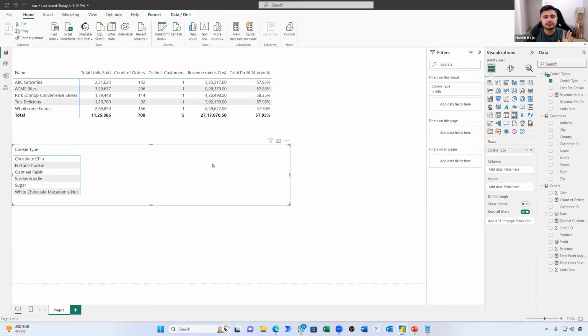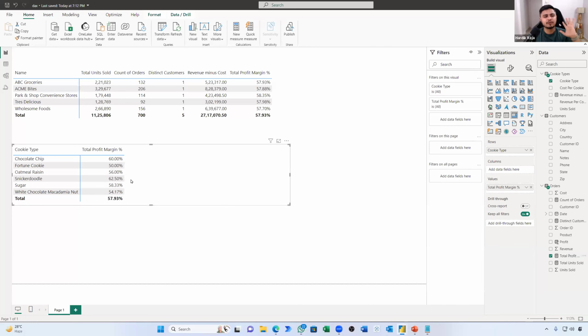Second requirement, what is the boss's requirement? Products are here, profit margins. We have just now calculated our total profit margin as a percentage. We have a measure. So I will drag and drop here. Forget about rows and columns. Simply drag and drop. Here is your profit margin. Here is your product. Happy? Very simple. Is that a yes? Let me know in the Zoom chat.